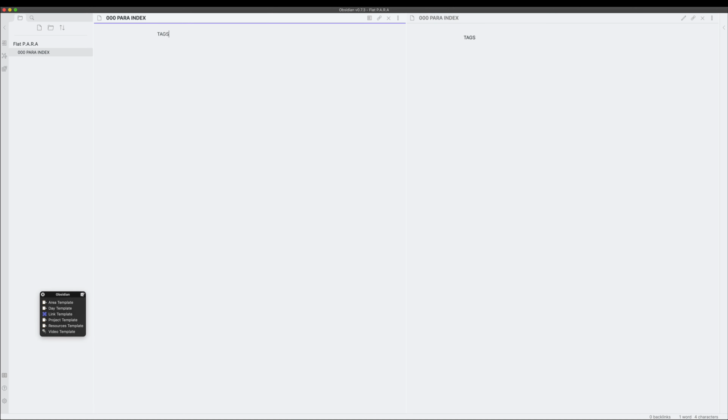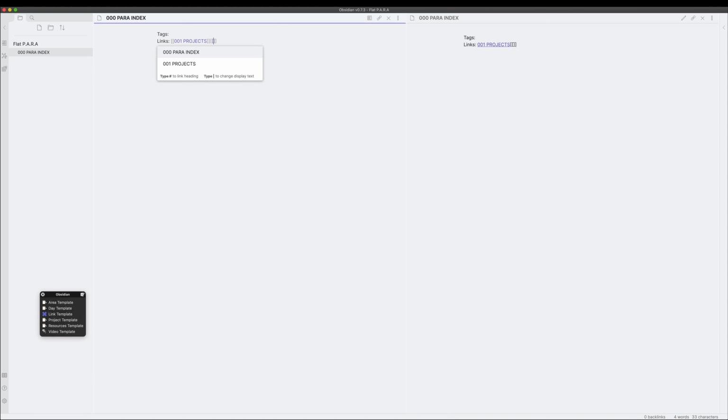So the first thing will be tags. The second thing we'll add is links. Basically, links will allow us to shift between projects, areas, resources, and archives fluently without having to go somewhere and find it again and again. So the way you create this is, like always, you start with double brackets, and we'll put 001 projects.